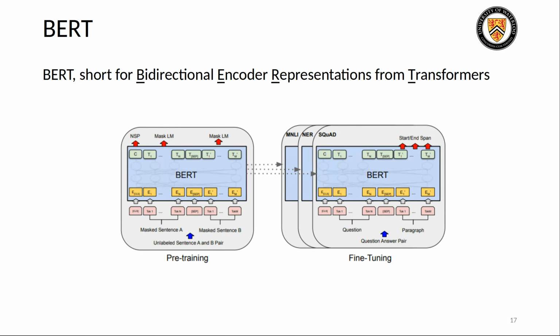BERT, which stands for Bidirectional Encoder Representations from Transformers. BERT is a language model developed by Google in 2018. It is considered one of the most significant breakthroughs in the area of natural language processing. It caused a paradigm shift by introducing a new approach to tackling language understanding tasks, pre-training on a large corpus of text